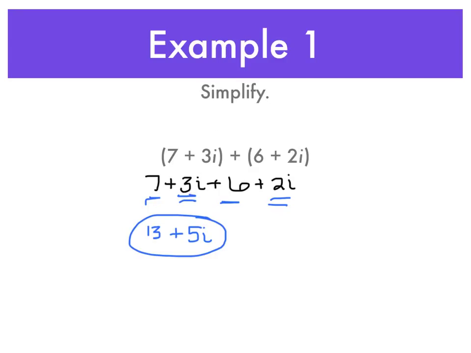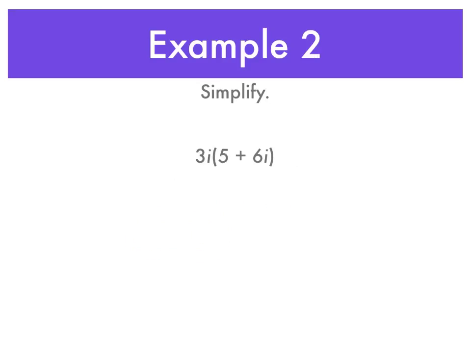So you want your final answer to always be written in this a plus bi form, something plus something i. If your answer doesn't look like this, then you haven't simplified it far enough. Okay, this one is a distributive property problem because I've got the 3i on the outside and then the two things on the inside. So I'm going to take that 3i and distribute it. So 3i times 5 makes 15i